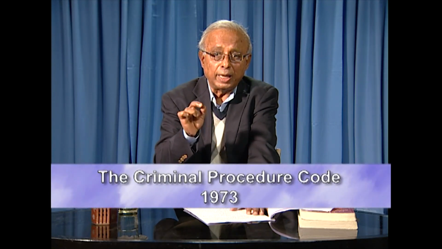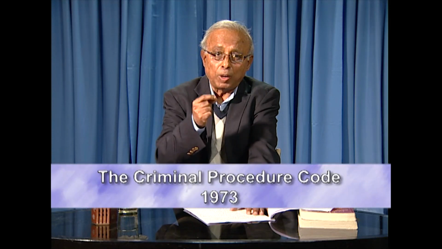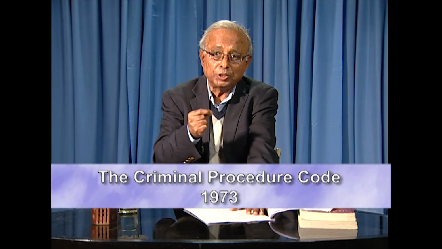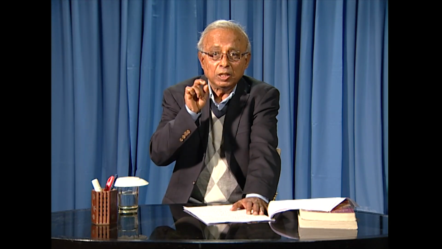For instance, the High Court previously had original civil and criminal jurisdiction before the commencement of the Constitution. Now, under the Criminal Procedure Code 1973, this power of original criminal jurisdiction has been totally taken away from the High Courts. So the High Court no longer has original criminal jurisdiction, no longer has jurisdiction in criminal matters since 1973.